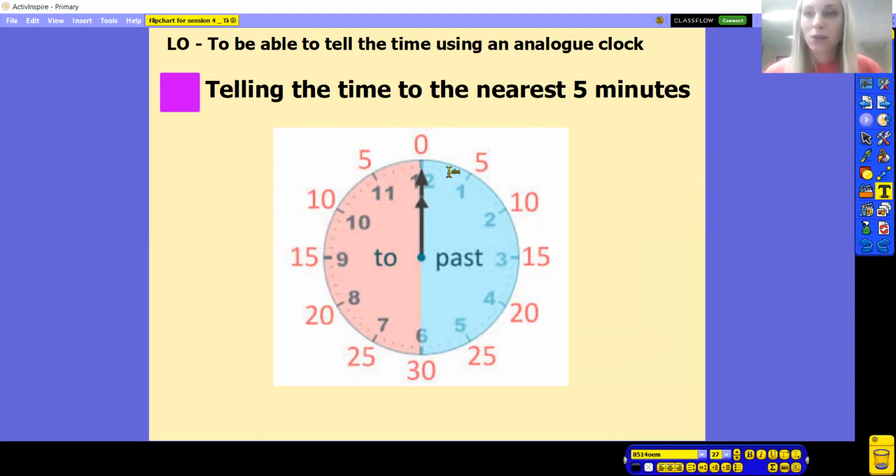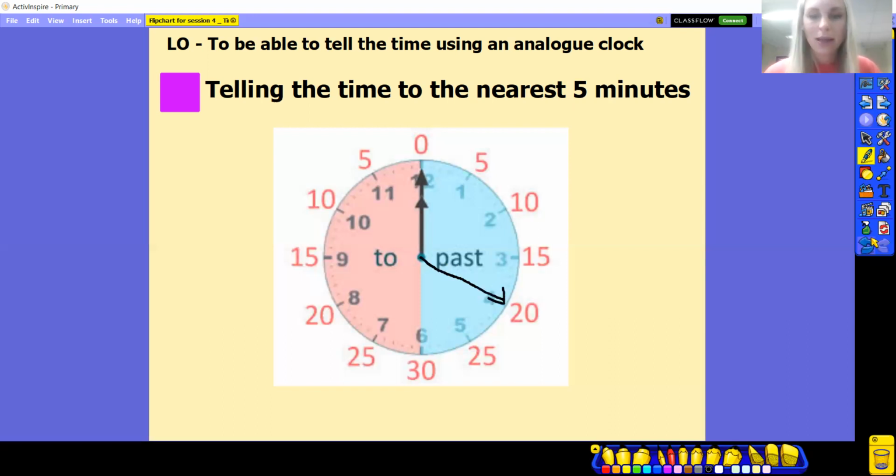Now, when we're counting in 5s, it's a little bit different because we need to have a look at where the minute hand is and figure out if we need to go clockwise, if it's on the past side, or anti-clockwise if it's on the to side. And if that sounds a little bit confusing, that's okay, because I'm going to show you what that means. So for example, if this is your minute hand,